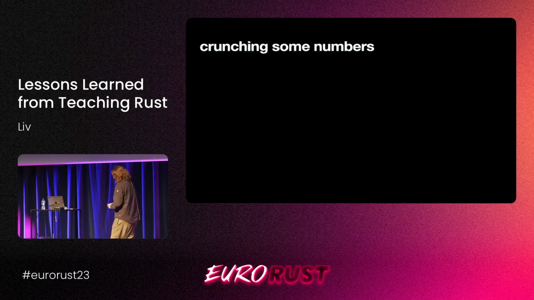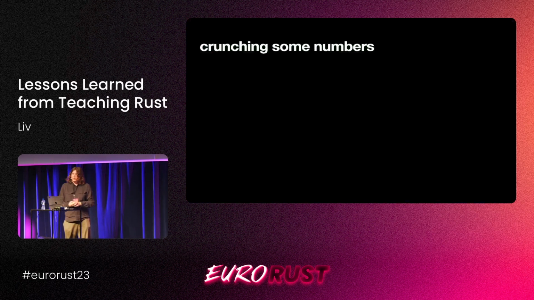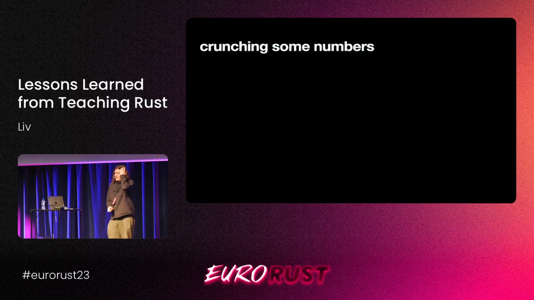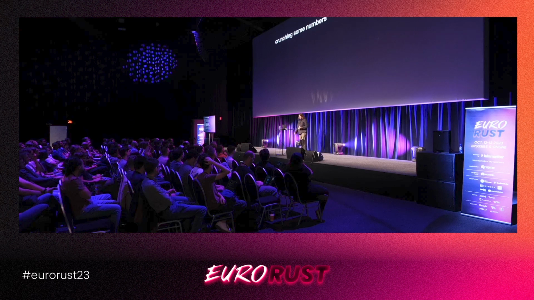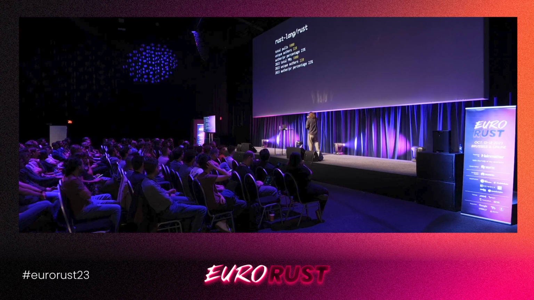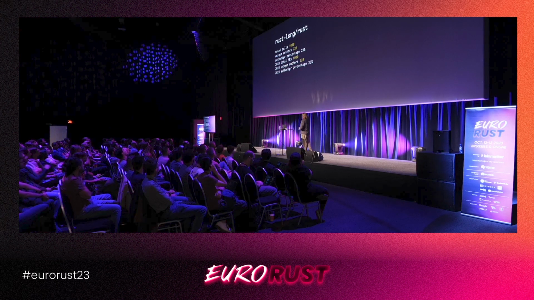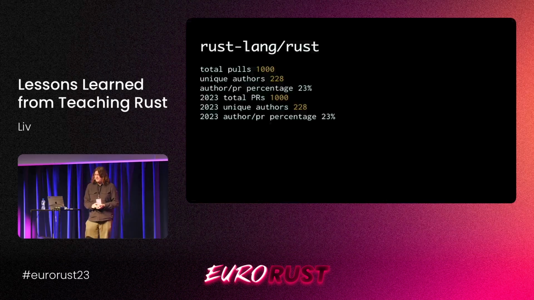Now the problem with this, how many of you have used the GitHub API before for work? How slow do you think it is? It's too slow. Do you know how many pull requests Rust has? Like 65,000. You can imagine. So I only got the first 1,000 pull requests. This is only from this year too, so there are so many pull requests. But I ran my little script on it, and it turns out we have 228 unique authors.